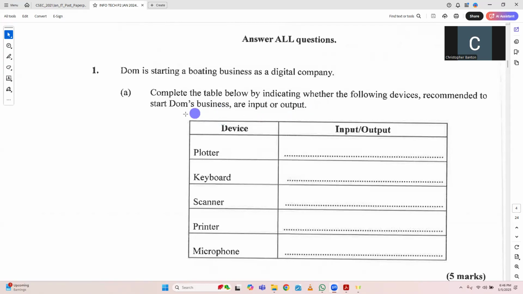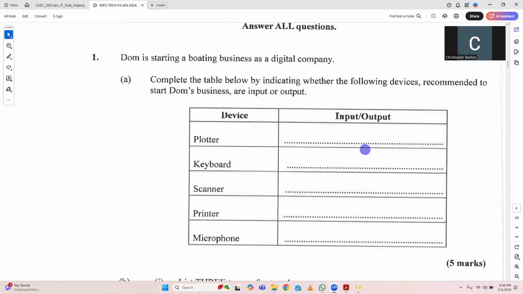All right, cool. Complete the table below by indicating whether the following devices recommended to start Dom's business are input or output. CXC give you a freebie here. All right. Plotter. Output, sir. Output. Plotter is an output device. And by extension, I ask you,